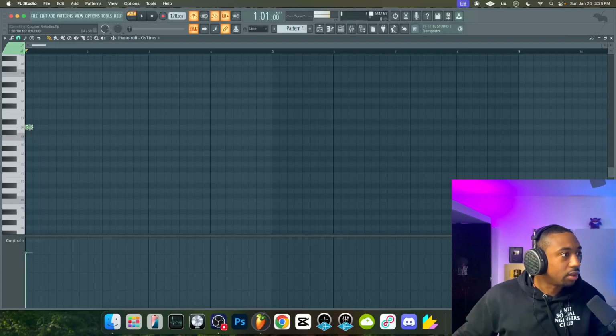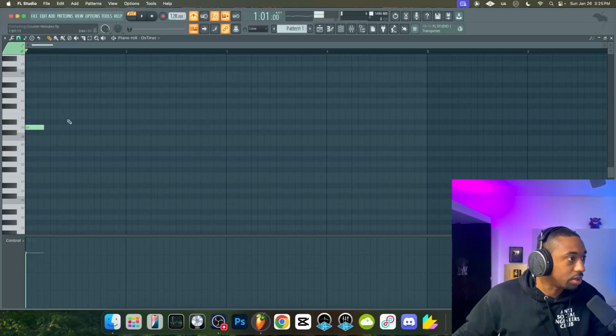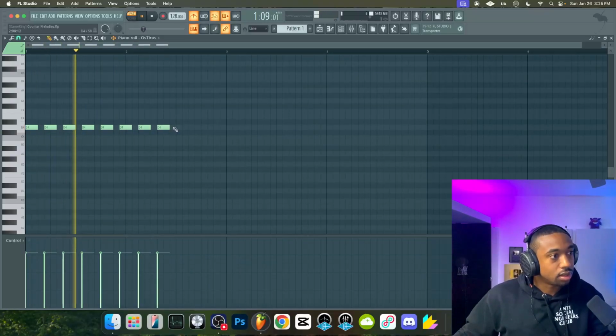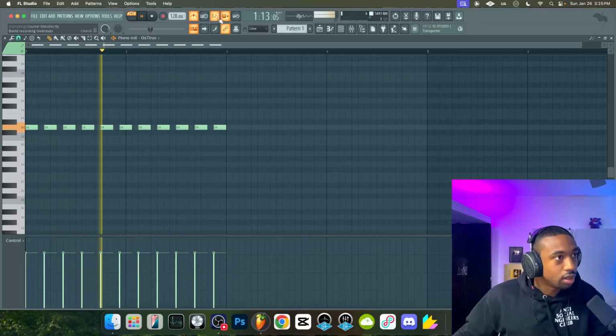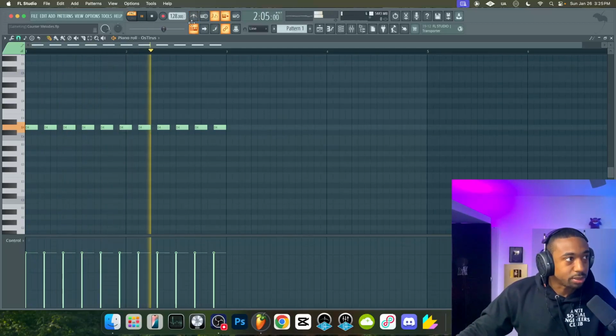Okay, so now the notes will be equidistant. In this case, we have to go down to 1/4 beat to even access this grid. So depending on your BPM, you may have to do this. And then we're just going to put these notes equidistant away and just keep doing this. Okay, so it creates a nice bounce. This is what creates the bounce of house music, for example.